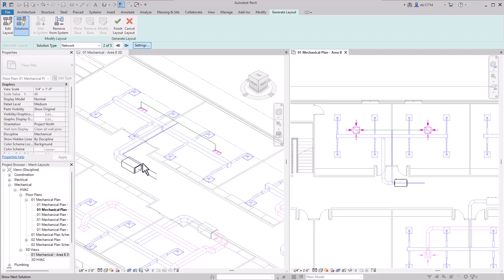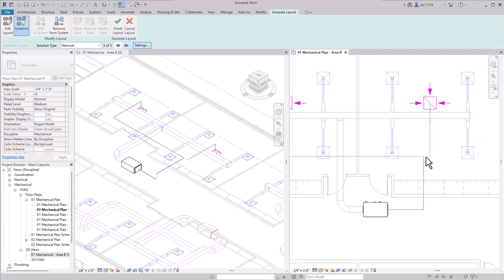I don't really trust this one. It's probably going to interfere with the air handler. As we can see, number 3 here has a couple of issues, a short segment here, a short segment there. None of these, honestly, are very perfect, so I'm just going to start with the best one I can find and then make some changes here. So I'm going to go with number 3 here, and I'm going to try to fix a little bit of this. This yellow issue is because there's not enough space here to put in the fittings necessary, so I think I can fix that pretty easily.